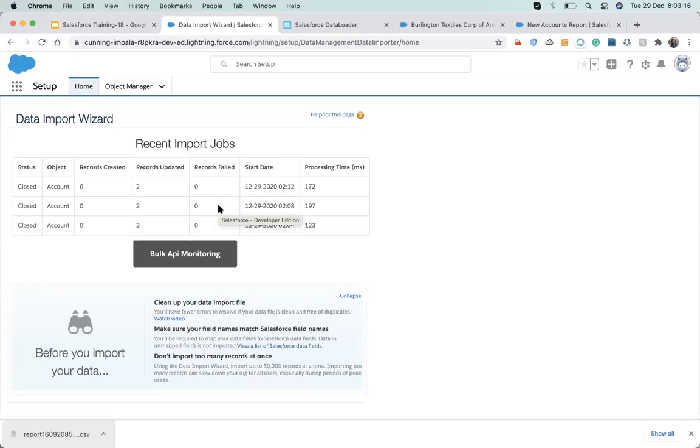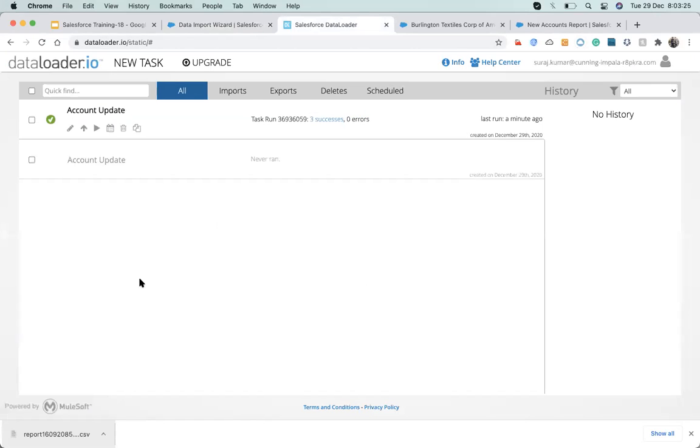Suraj, what's the difference between data loader and MuleSoft? MuleSoft is a totally different thing. Data loader is a product of MuleSoft, a small part of it. MuleSoft is used to connect anything to anything, it's a bridge.